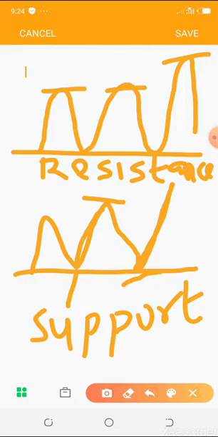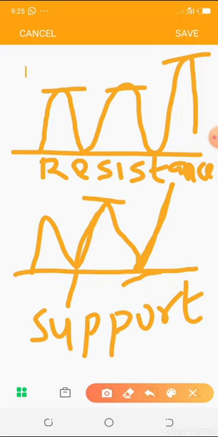Number one is that the support and resistance zone gives you detail on when and where to buy, your entry point. It also gives you details on when and where to sell, your exit point. And then lastly, it gives you information on where you can actually place your stop loss. So at support and resistance zone, positive and negative price reversal is expected.